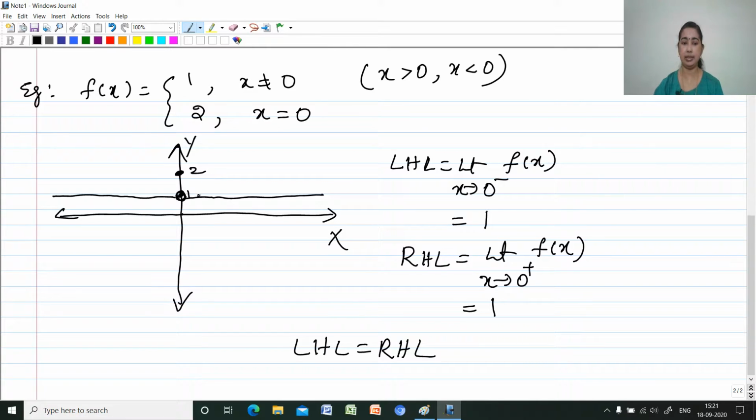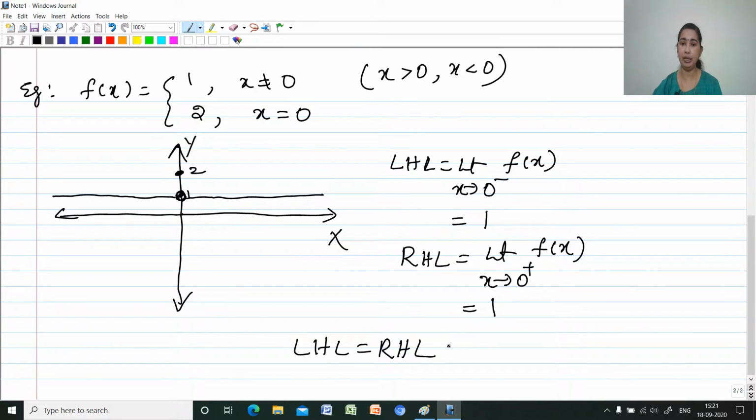So does it mean that it is continuous? Is it a continuous function? Because I cannot draw the graph this way without lifting the pen here. The image is not there at this point 1. That's why the 0 is put over there. The image for x equal to 0 is on this side. So without lifting the pen, I cannot draw the graph. So this means that this is not continuous, but you are getting it as continuous.